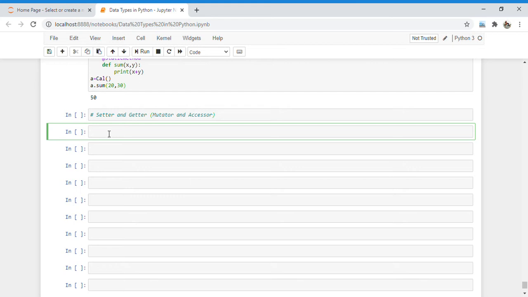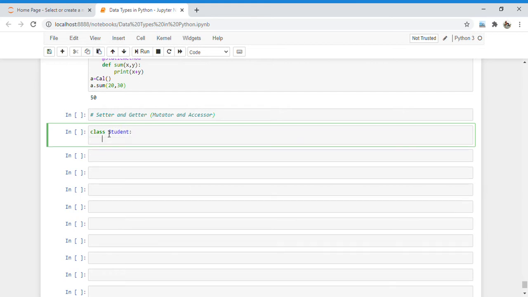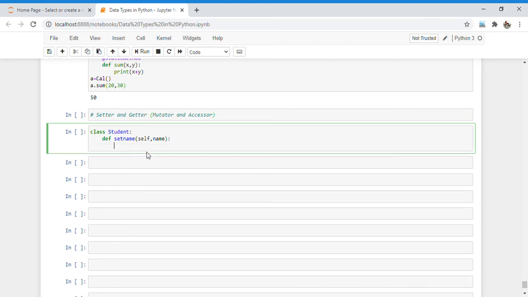So let me give you one example of how we can set the data and how we can get the data with the help of setter and getter. I define one class here, class Student. Now this is the syntax: set variable name, and inside that I write one reference variable and the name of the variable. So this is a method to set the data,